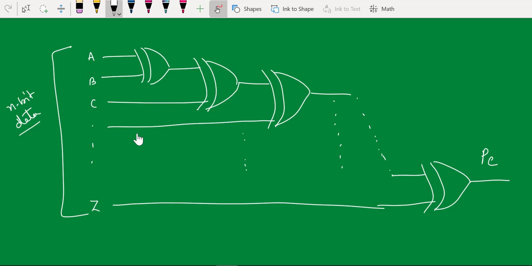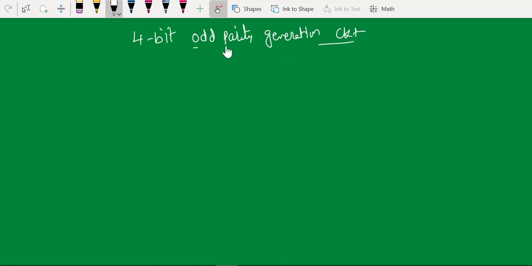Now we'll try to design a 4-bit odd parity generation circuit. Same thing, you need to have 4 inputs and 1 output.